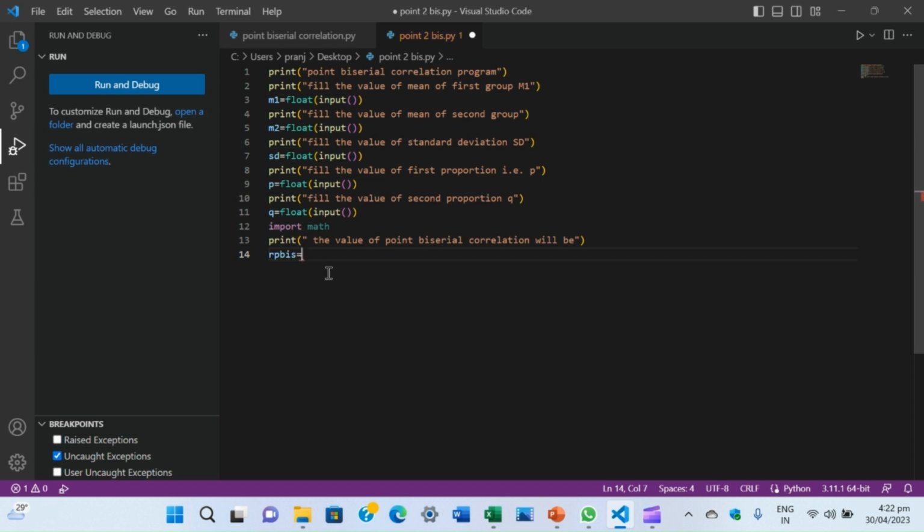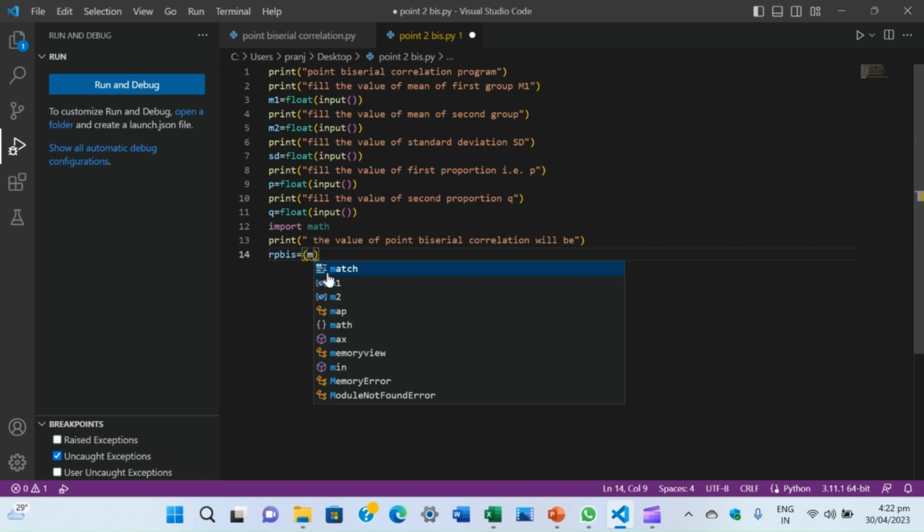R P biserial is just the alphabet which shows the correlation coefficient for point biserial, and here we define this term as a variable, and this is equal to bracket